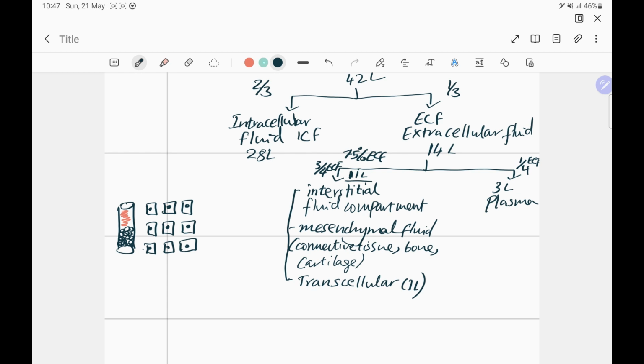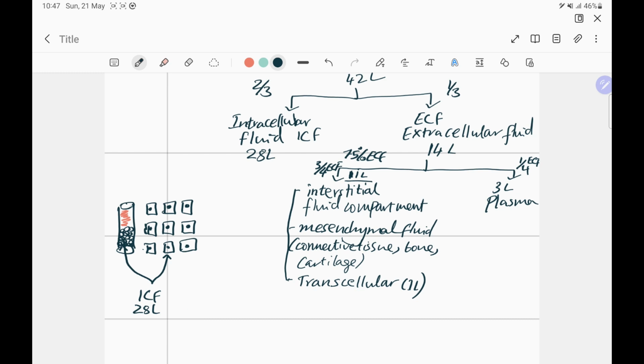And now look at this, the fluid inside your red cells, white cells, and platelets in the vascular compartment, and in your cells outside the vascular compartment, which are within the cells. This is all ICF, intracellular fluid. All right, and this is the 28 liters that we spoke about. This is intracellular fluid. This is 28 liters, in the 70 kilogram adult male.